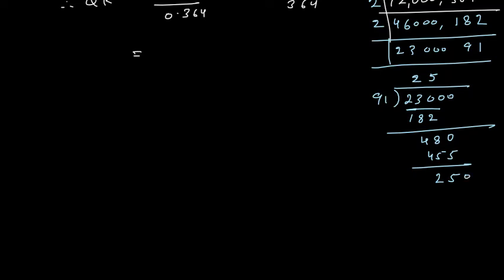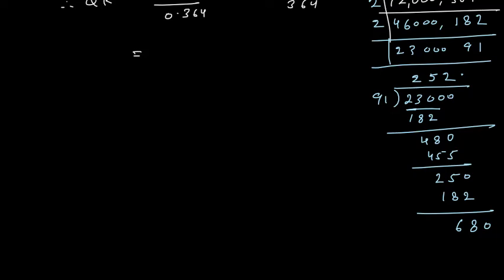Then there is one more 0 I will bring down. Now again 2, so it is 182. 10 minus 2 is 8. 14 minus 8, it is 6. So this is 680. 680, I will put one decimal here.